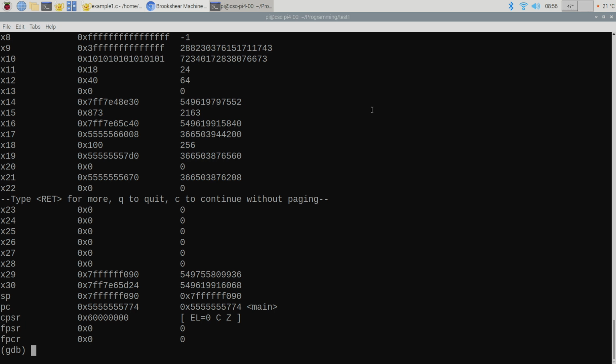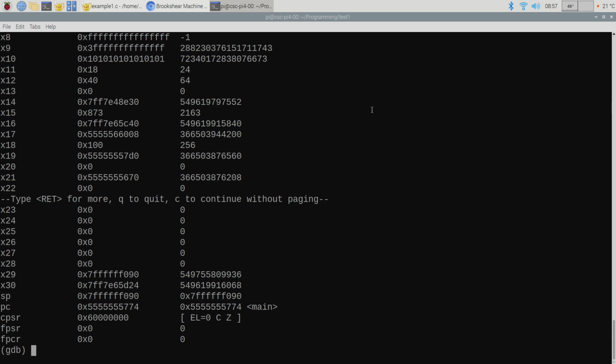There are also some special registers here. The CPSR, FPSR, and FPCR. Basically, these are status registers, or sometimes they're called flag registers.